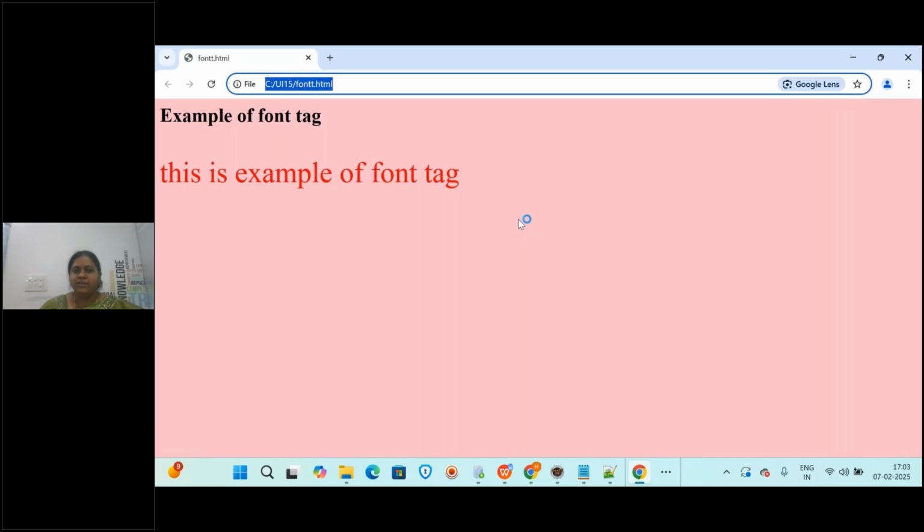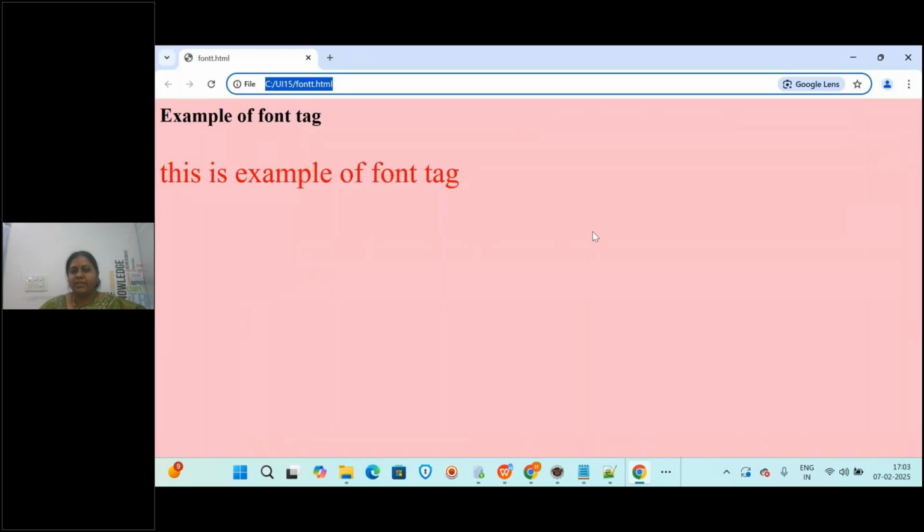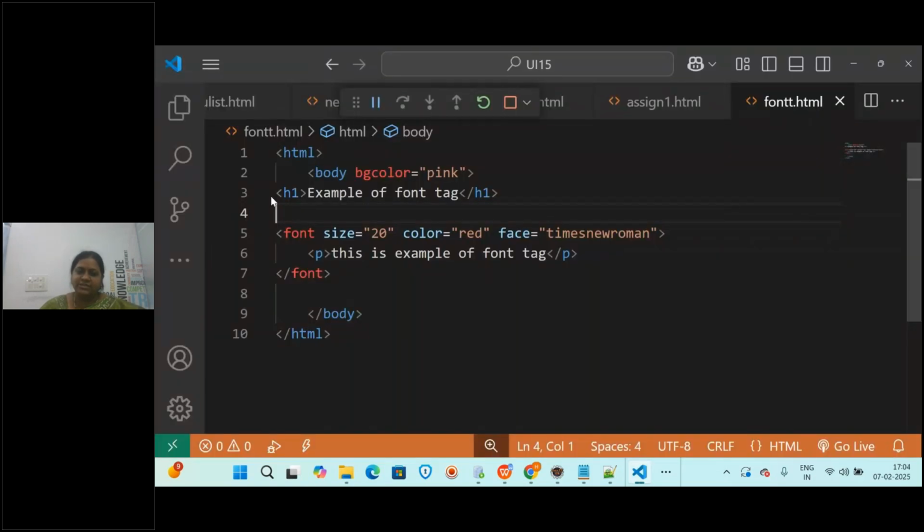Okay, see here the font size, font color and the font face. You can see the font color changed. For everything else, whatever you want, for H1 also the same style, you have to put the H1 in between this, or put one more font tag before H1. Why did they remove this? If you want different colors for each text, again and again you have to write between open and close font. It becomes very lengthy code. That is the reason it is not suggested to use the font tag.